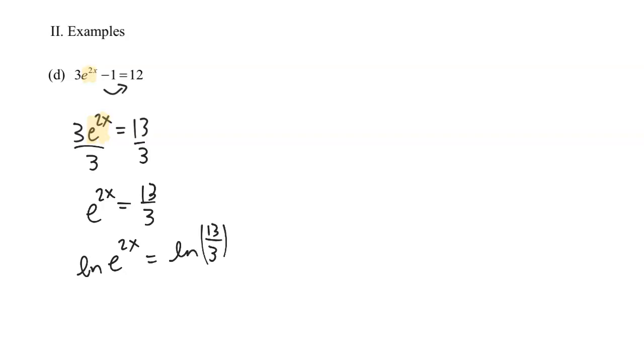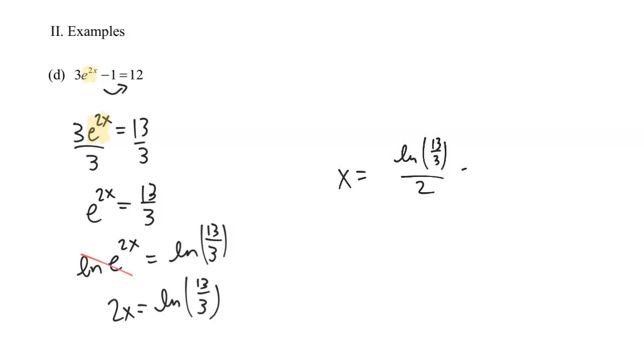That's going to cause the ln and the e to cancel out, just like it did on the previous problem. And so 2x is going to equal the natural log of 13 divided by 3. And so to get x by itself, we're just going to divide by 2. So this will be natural log of 13 divided by 3, and then all divided by 2. And when you put that into your calculator and round to 3 decimal places, I'm going to put 0.733 as